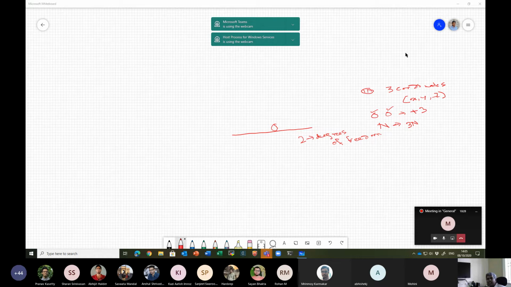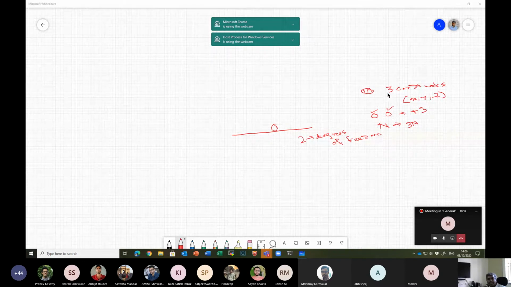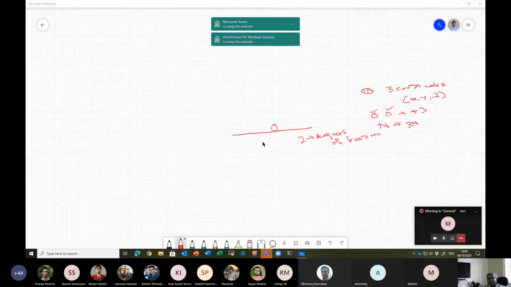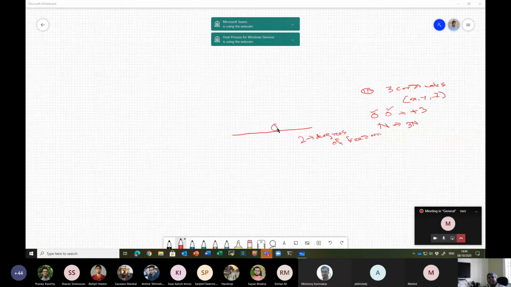So, as I told you, if you have free particles, with no interaction between these two particles, then you can just use this coordinate information to describe the degrees of freedom. But when they are constrained, you need to be careful to define the total number of degrees of freedom. So now, as I told you, if you consider a single particle here,